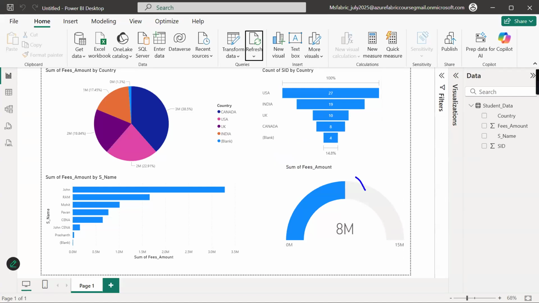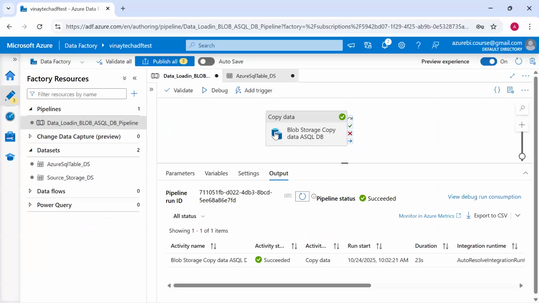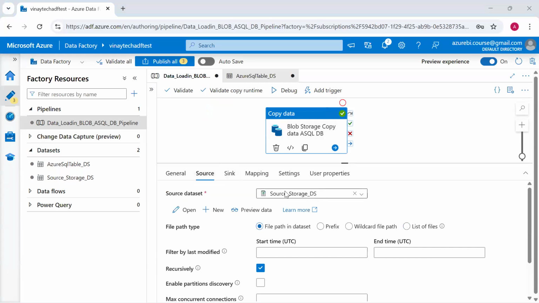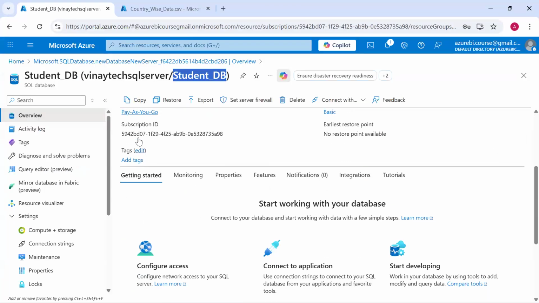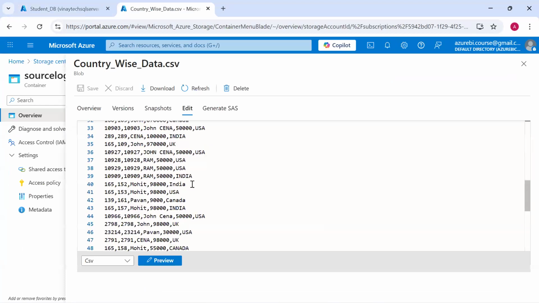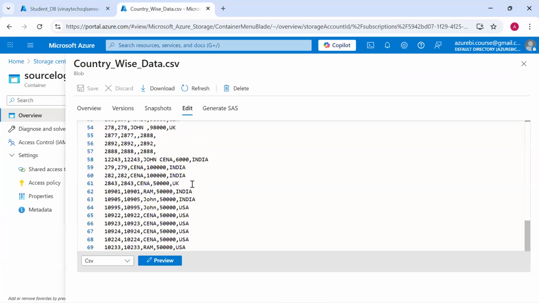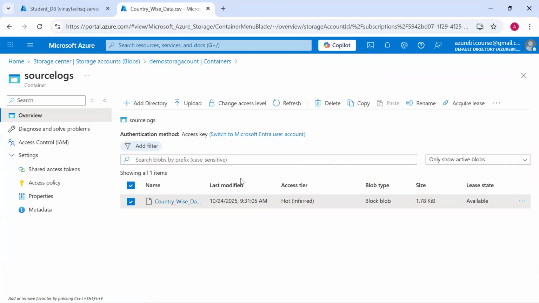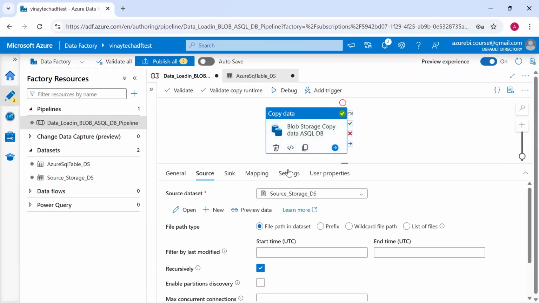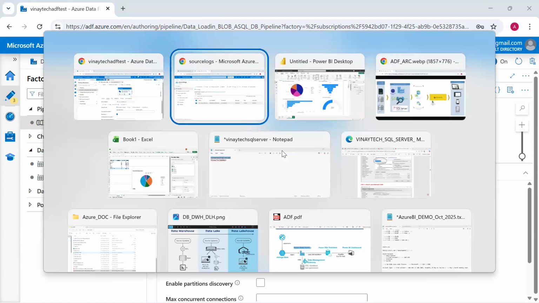So that is the reason: if you are going for reporting, you also have to know what is happening in the backend, from where the data is coming. If the data itself is coming in a file, then I will go to the backtrack. Where is the source? The source is coming from here. Then I'll go and see at the source level why the files are coming with bad records. I'll see the count of the file. Any transformation issues or logic issues, I'll fix that. So this is the data engineering process, the end-to-end process we are doing.